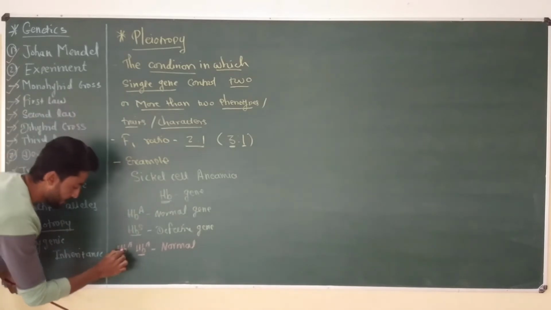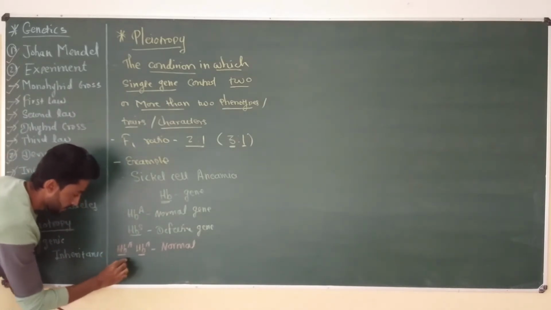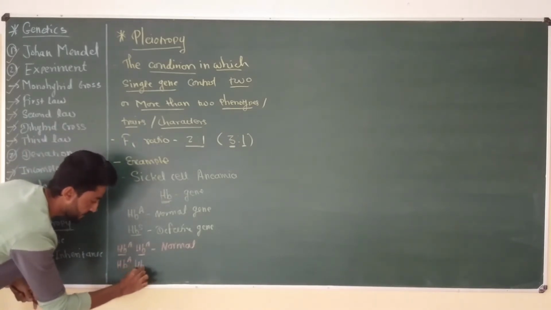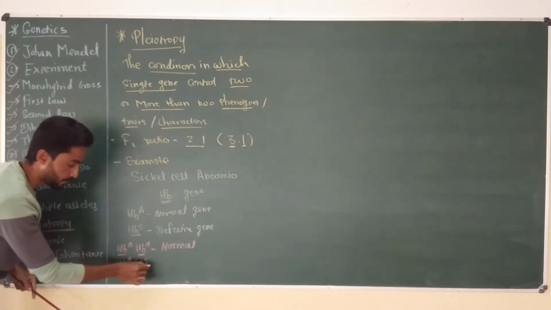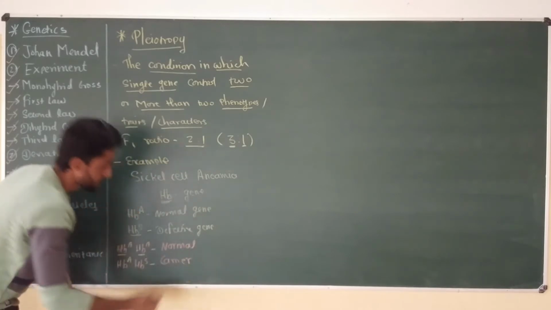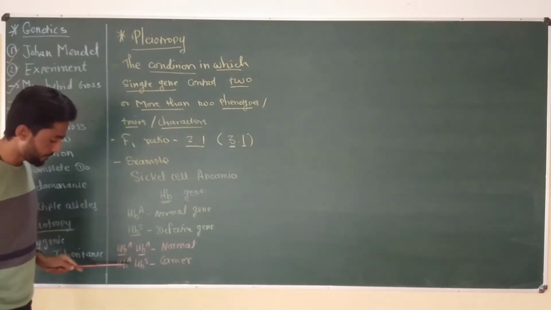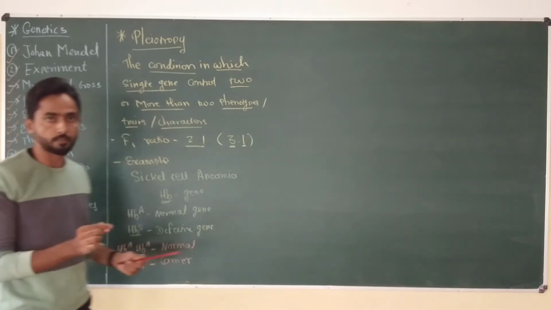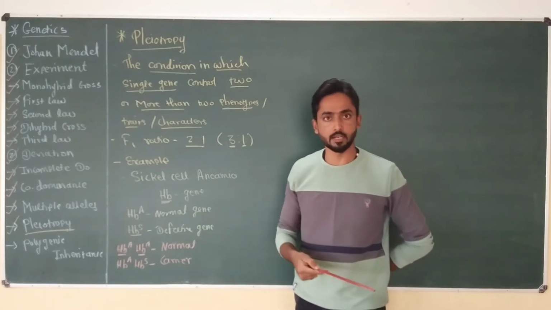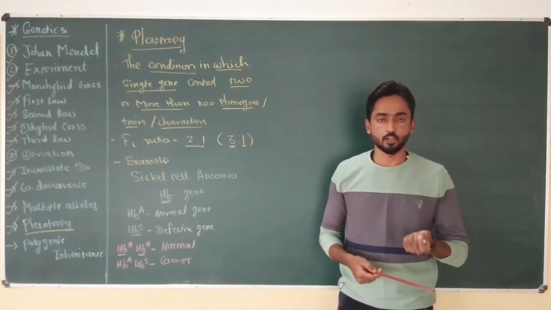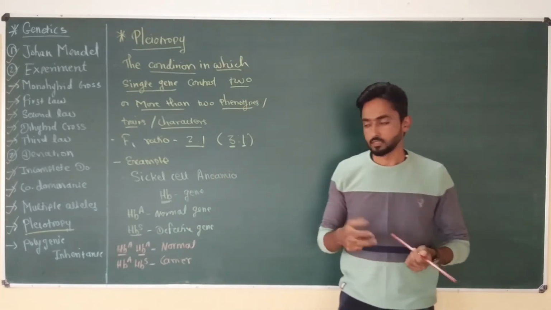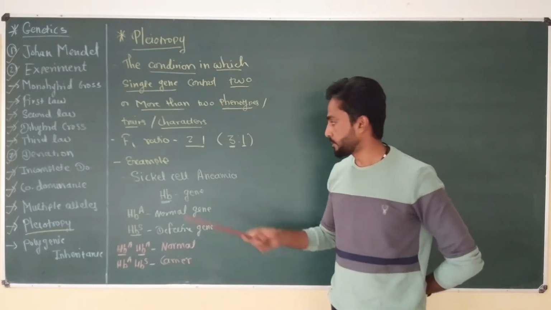But if the person receive HBA or normal copy of a gene from one parent and HBS, that is a defective form of a gene from another parent, in that case the person become carrier for sickle cell anemia. This type of HBA, HBS type genotype produce carrier phenotype. That means the person is normal at a normal condition, but in adverse condition or extreme condition like high altitude or dehydration, the carrier is going to develop symptom of sickle cell anemia.